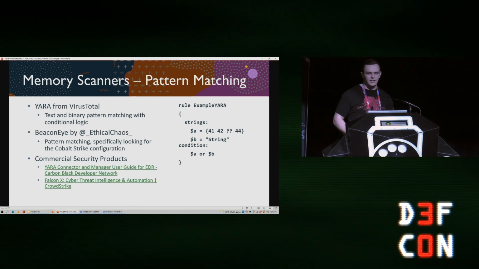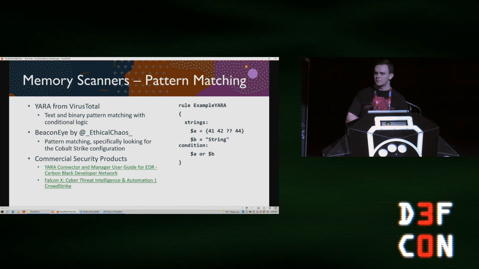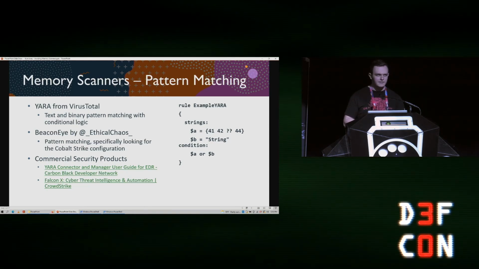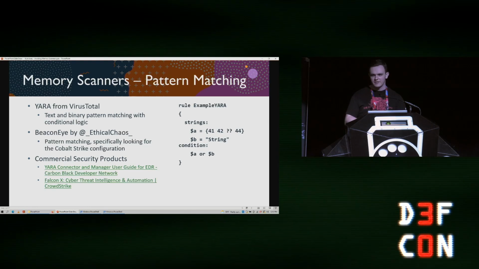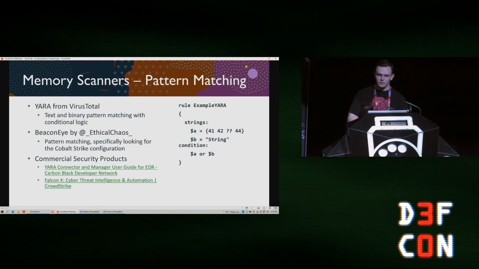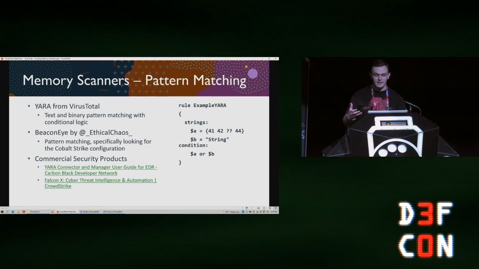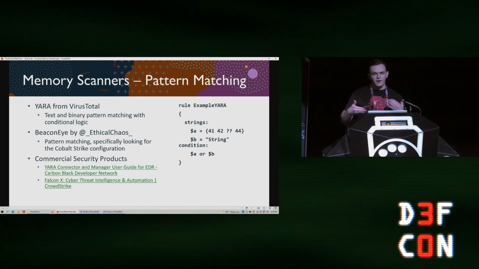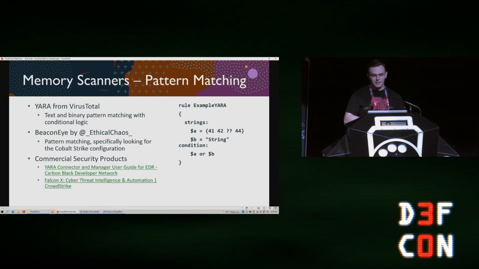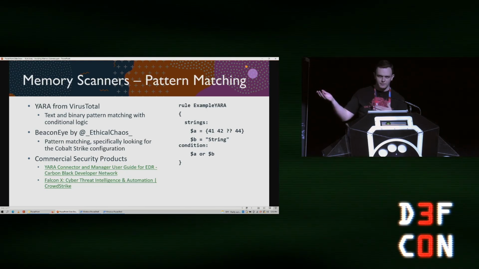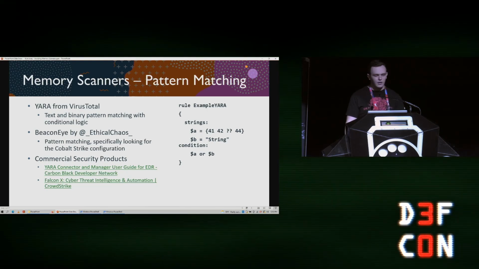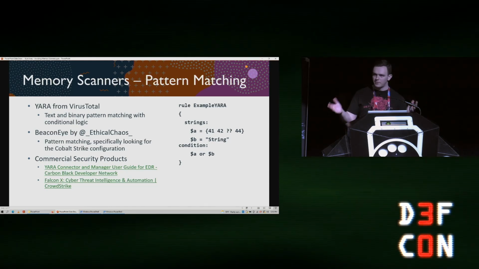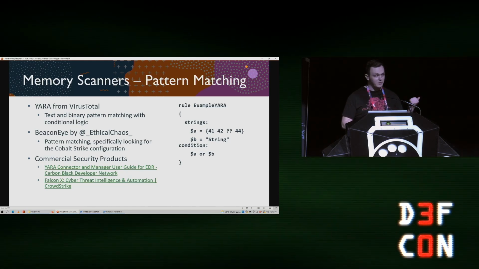Okay, the first technique that I want to talk about is pattern matching. Pattern matching or signature scanning is probably the most well-recognized feature of something like antivirus or even a lot of open source tools because it's probably the easiest thing to implement and to get easy ways to detect malware. Once you have a piece of it and you can signature it, it's pretty easy to reuse a rule like this.